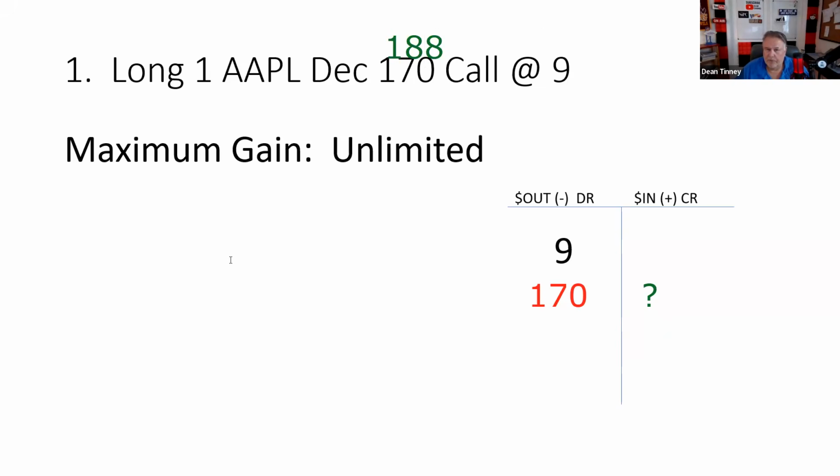Again, I like to put the number on the test in question either above or below my strike. So here we go with test phraseology. Your customer goes long one Apple December 170 call at 9 when Apple's at 172. What do we say about 172? Who cares? It doesn't matter where Apple's at when we do this trade. It matters where Apple's at the end. They say at expiration,